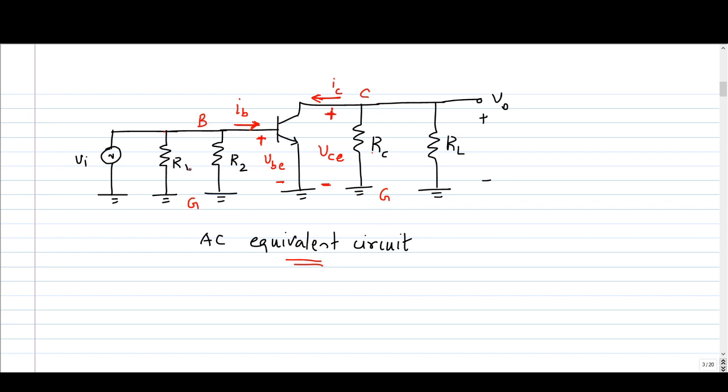If you look at this circuit, to do the analysis you have to replace this transistor, whatever is in this box, by some model. We can replace it by the H parameter model of the transistor, and the remaining part is a linear network. To replace this transistor by an H parameter model, one condition has to be met. We have seen the H parameter modeling in the previous video. To do H parameter modeling, the circuit must be linear. Now this is a transistor, so there are some assumptions required to do this modeling. We can go to that.